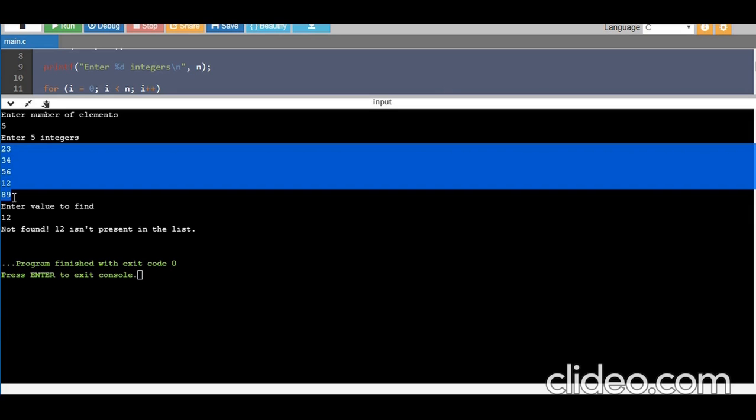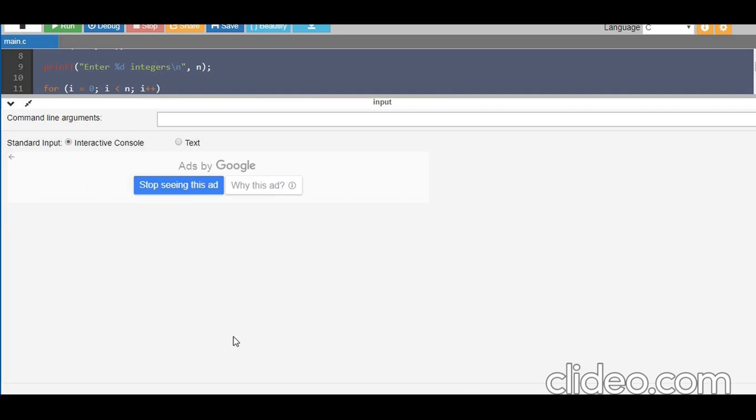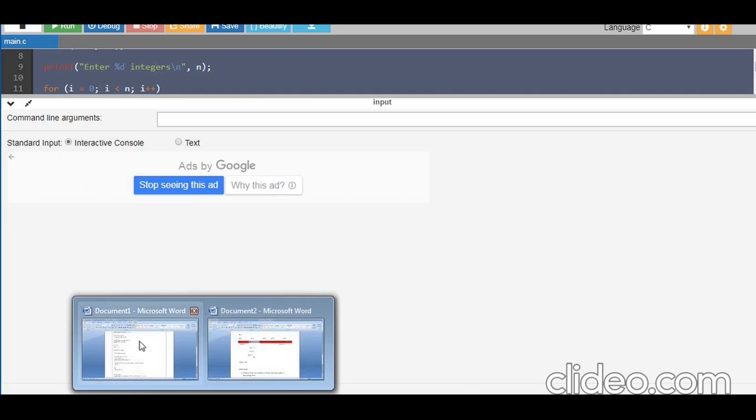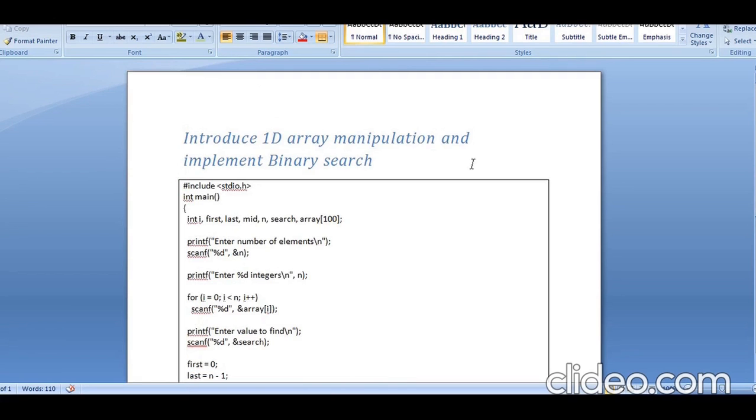The logic might already have been explained in the class. So this is how the program executes. And I want people to consider all 3 cases. One, the number is available. Another, the number is not available. Third, the number is available, but as the array is unsorted, it shows it is not available. I hope you understood the program. This is how you will do the program and finish the lab term work.